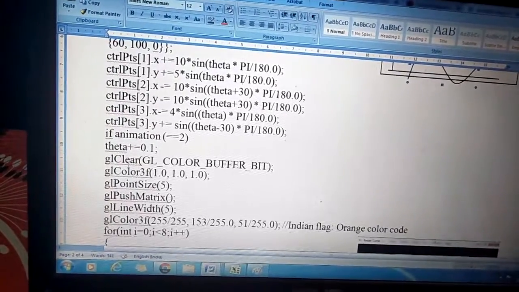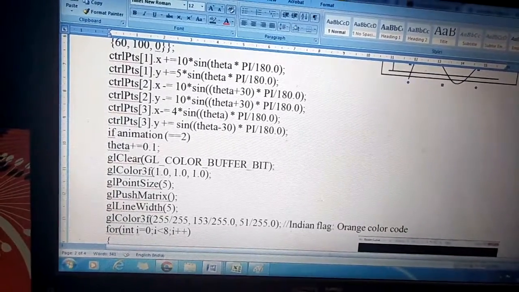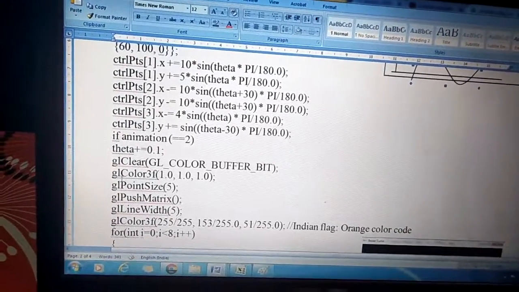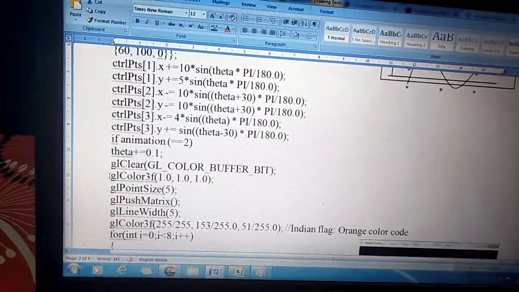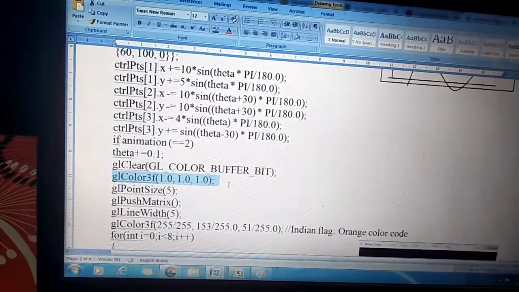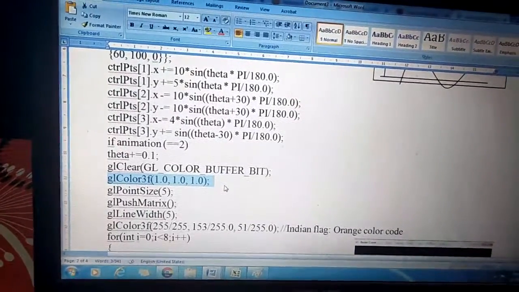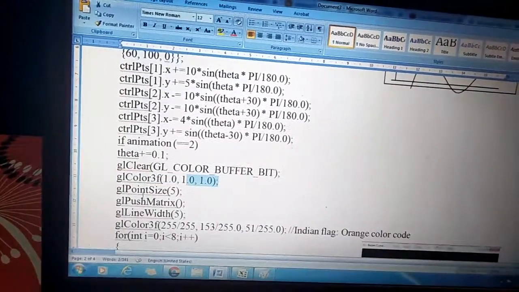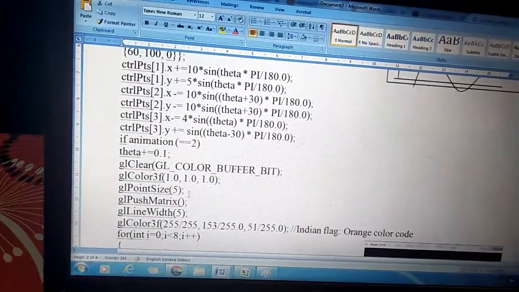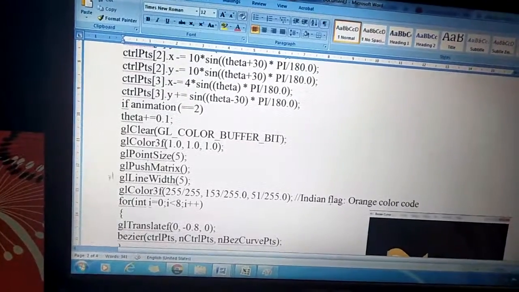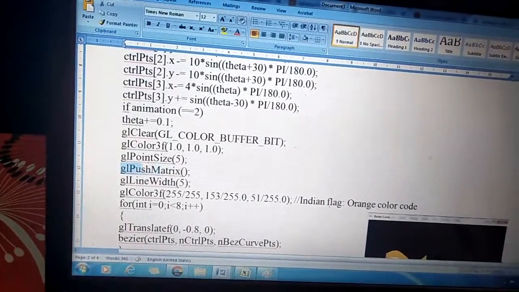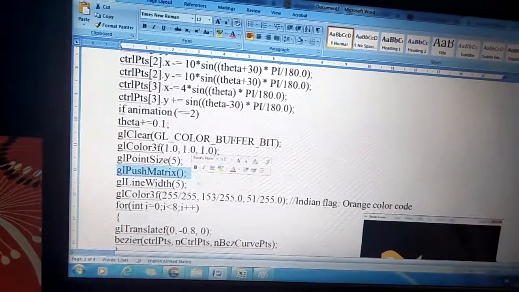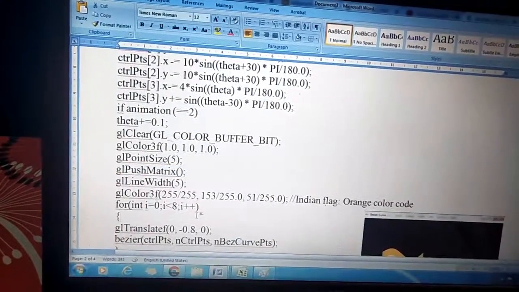Now clear the color buffer bit, whatever it might be. Then, why am I using this is, I'm considering a red point, or else I can even take out this line. I'm taking a point which is of size 5, and I'll just push whatever the matrix operations, all the operations that happen here are with respect to matrix.